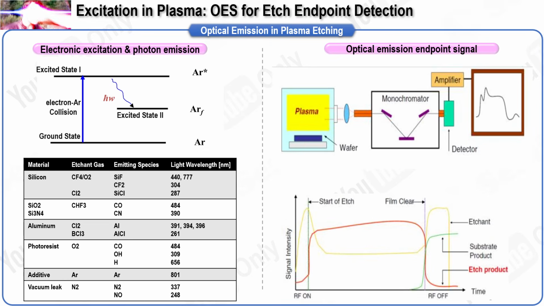The emitted light carries a spectral fingerprint, and it lets us analyze the plasma both qualitatively and quantitatively. Every atom and every molecule has characteristic emission wavelengths, so the apparent plasma color changes as different materials dominate the emission. An optical sensor can detect the spectral change, and it can indicate the endpoint of a plasma etch recipe in real time. The table on the left is illustrative, not exhaustive, and it maps materials, etchant gases, emitting species,